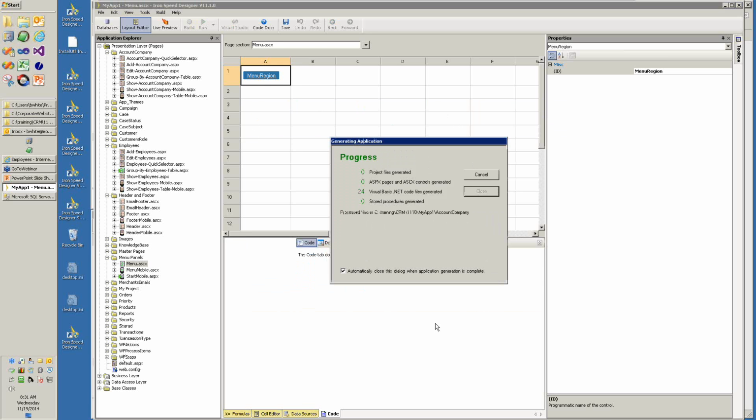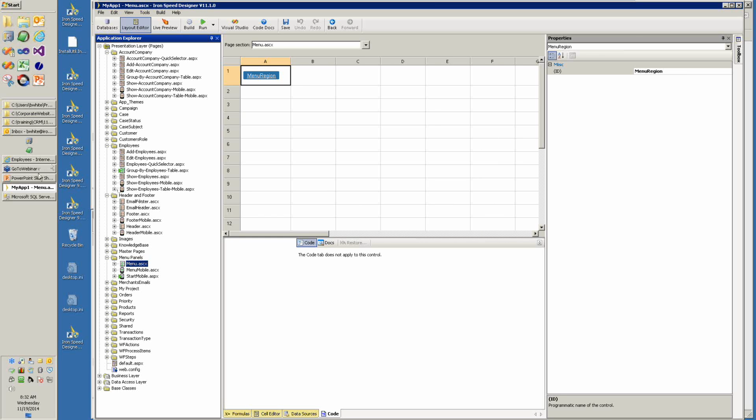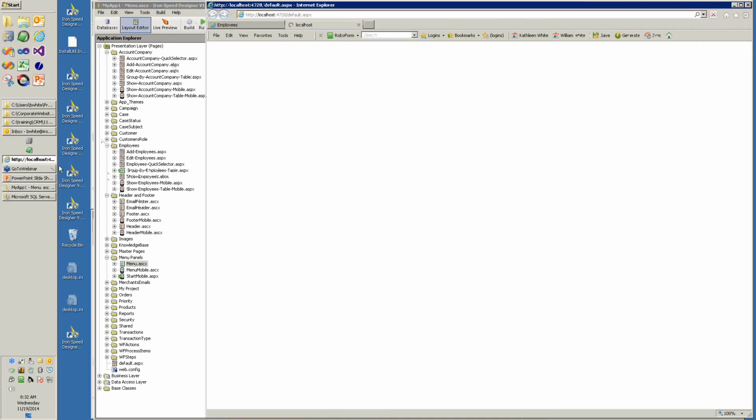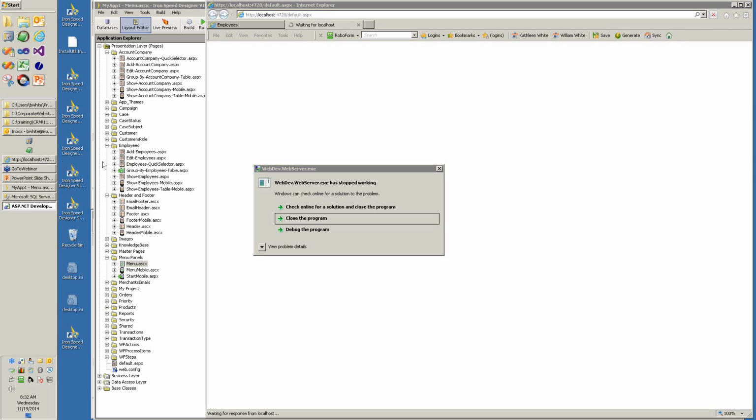So now we have the workflow tables, but we don't have the actual mechanics to do it, and that's going to be our next step. We'll just run it again. And when we do that, let's go to